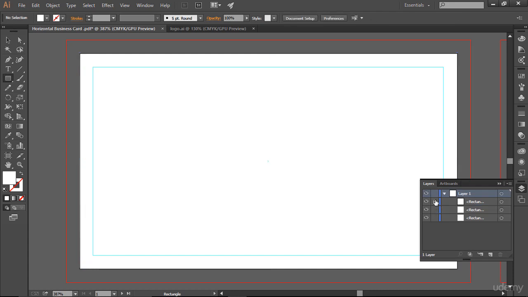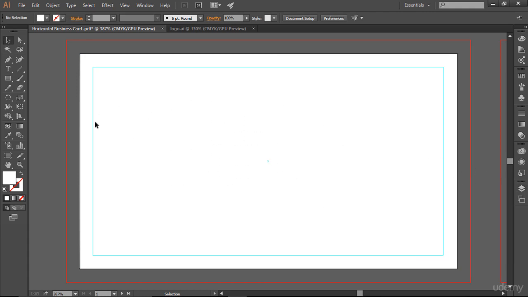So now if I lock it here, you can see it's locked and I cannot move it. See, I cannot move it. Great. And there we go. There is actually our template here, and now we can design our stuff in this particular business card. That's great. So now what I'm going to do here, basically I need a grid system